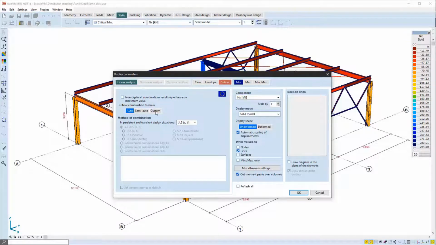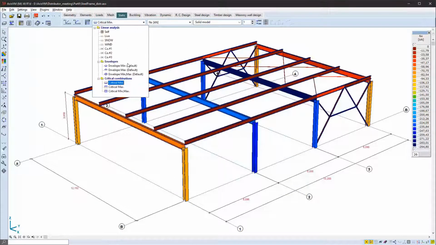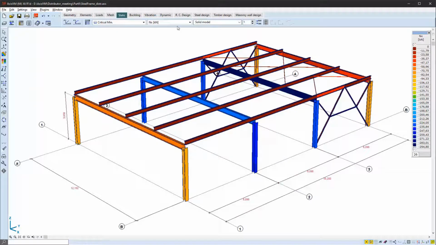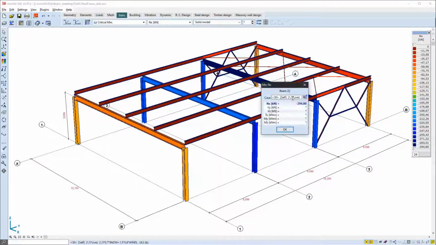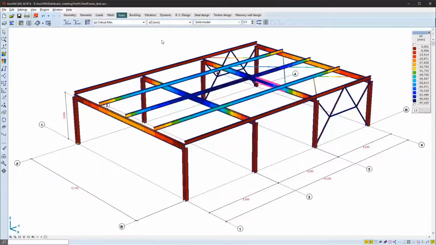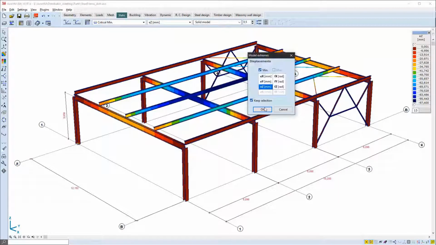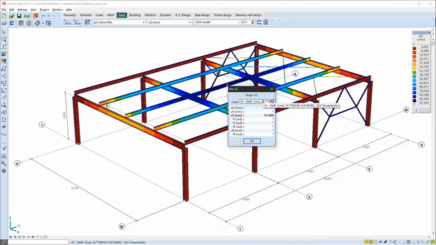For the first example, if we leave the critical combination formula on auto, that will mean that the maximum envelopes for normal forces, as you can see here, so these are the minimum values for normal forces, will come from ULS type of combination, while if we choose a displacement result component, they will come from the SLS characteristic formula, as you can see.